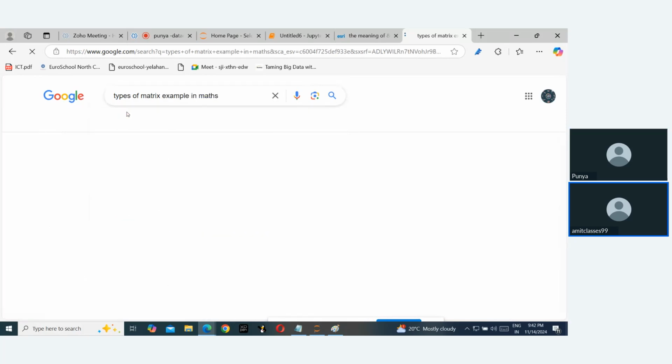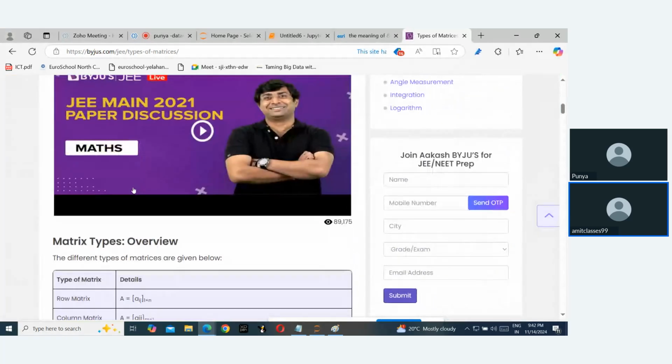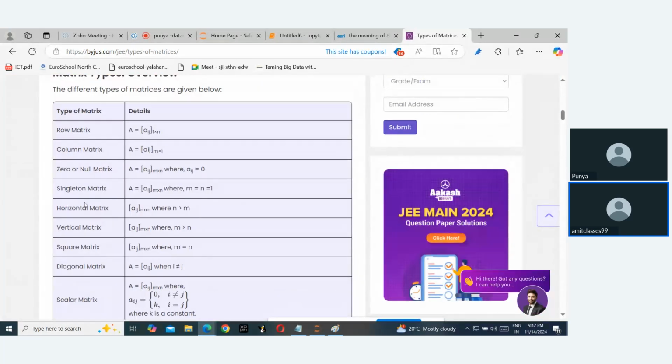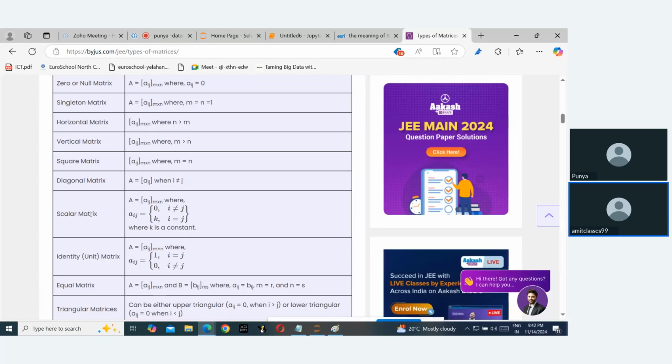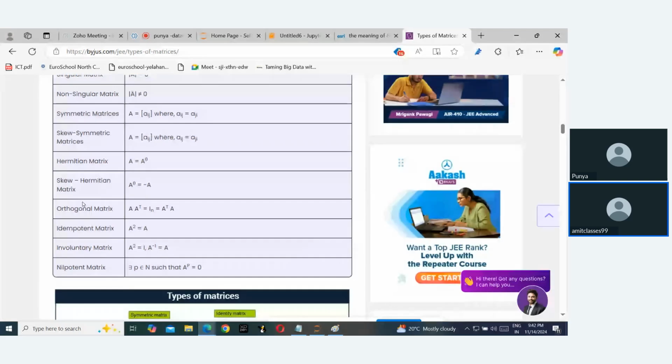एग्जाम्पल, यहाँ पर बहुत सारे मैट्रिक्स मिल जाएंगे। देखो, रो मैट्रिक्स, कॉलम मैट्रिक्स, जीरो मैट्रिक्स, हॉरिजॉन्टल मैट्रिक्स, वर्टिकल मैट्रिक्स, स्केलर मैट्रिक्स, इक्वल मैट्रिक्स। एटलीस्ट मैं एक्सपेक्ट करता हूँ 10 to 15 प्रोग्राम्स आपको करना चाहिए।